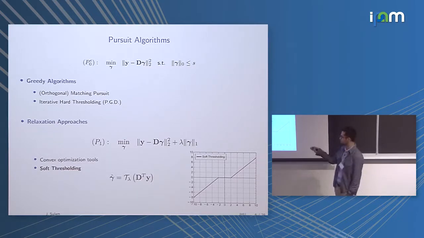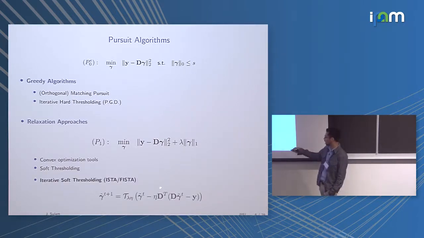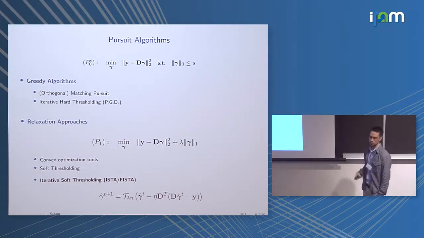And of course, it's not going to be exactly the one that generated your measurements, but it might be close enough. If you really want to compute the solution to this problem, then you should repeat that thresholding, and this is essentially a proximal gradient descent algorithm, and this is the ISTA, the iterative soft thresholding that Gregor and LeCun showed that you can actually relax in terms of a neural network that I talked about in the previous slide.